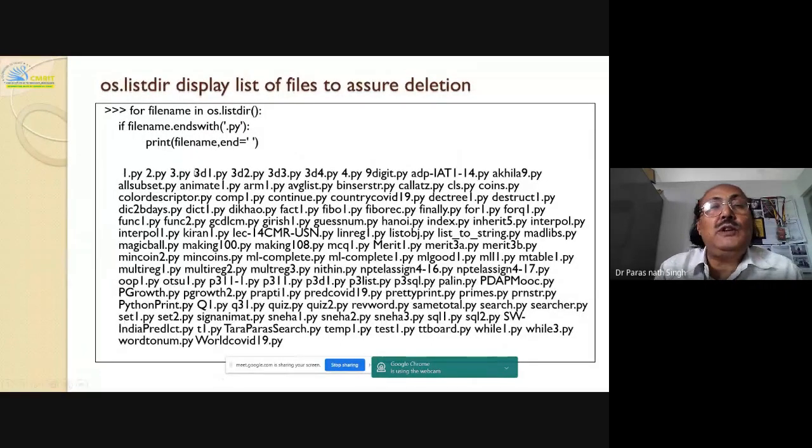Actually I have not told you. From the Python shell prompt, I want to see all the files of this directory. Here we cannot use the meta character asterisk.py with os.listdir. But I can use a variable, file name, and check if the file name ends with .py. If the file name ends with that, print the file name. It displays all the programs in my current folder having the extension py, meaning all the Python programs.